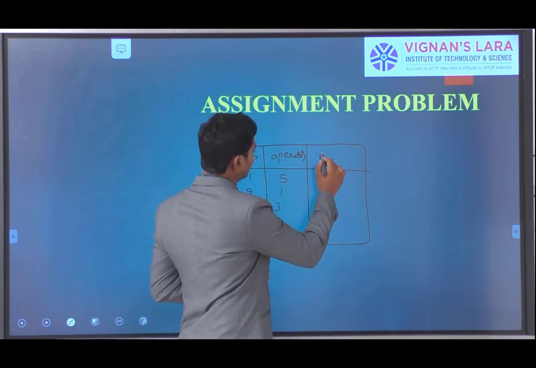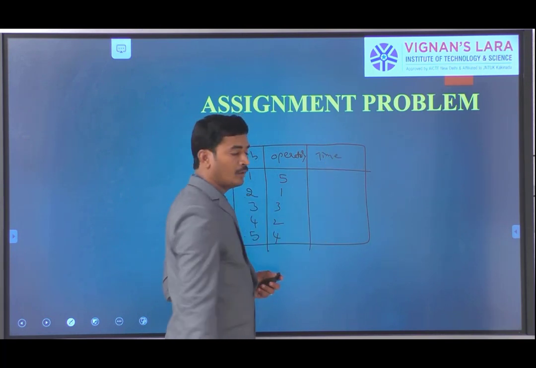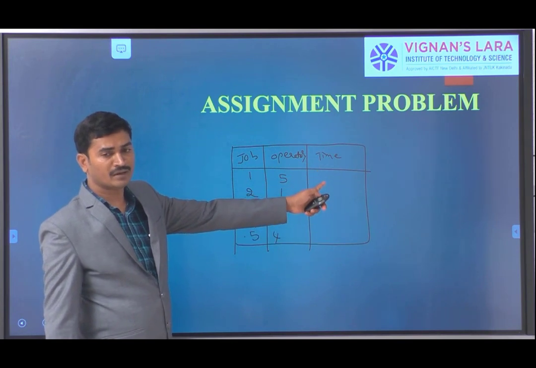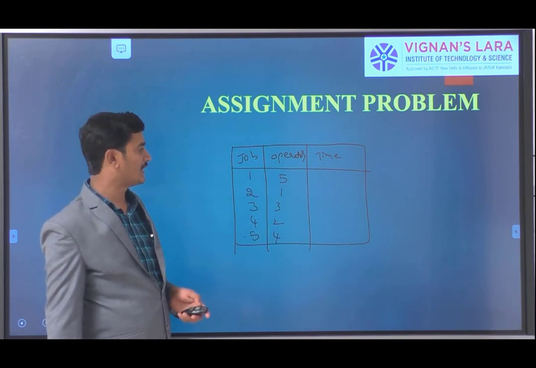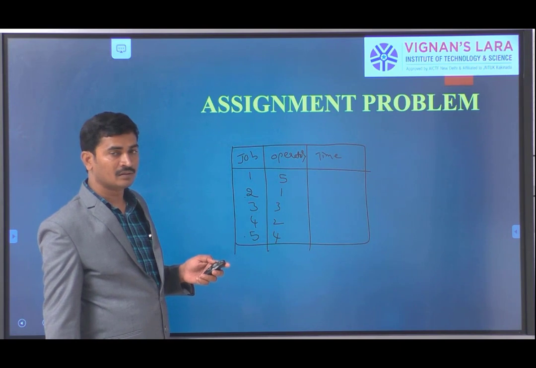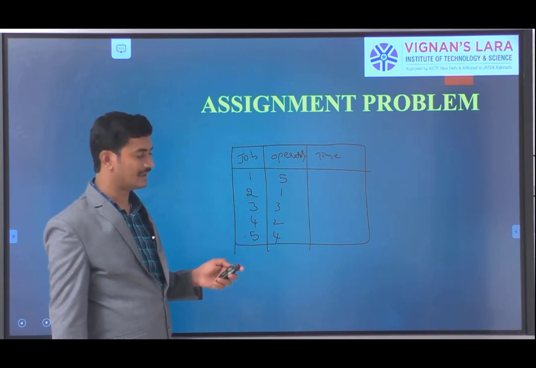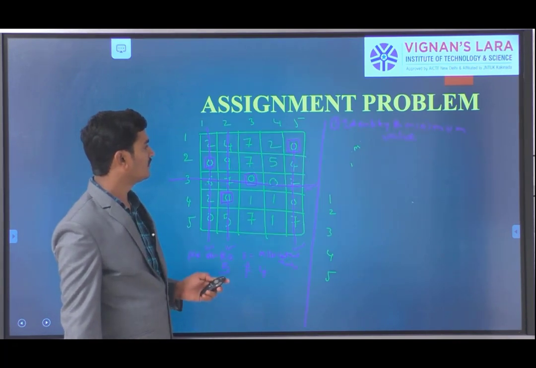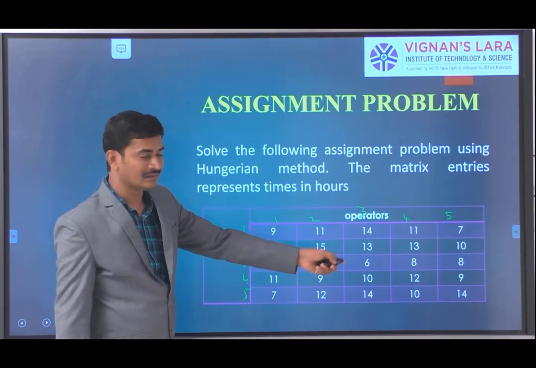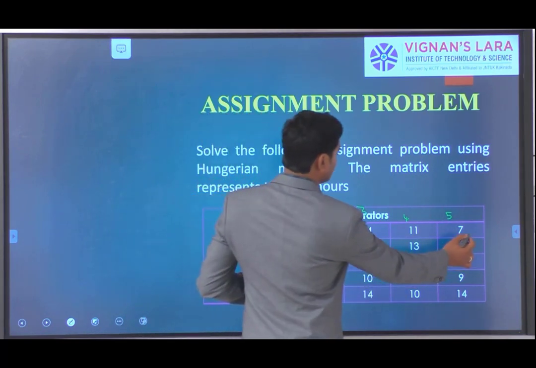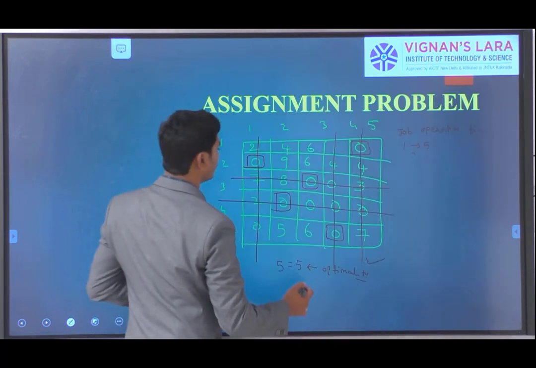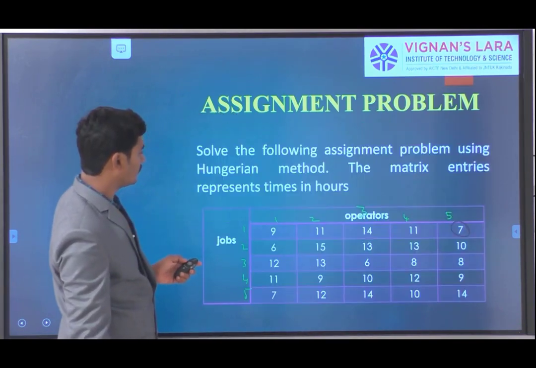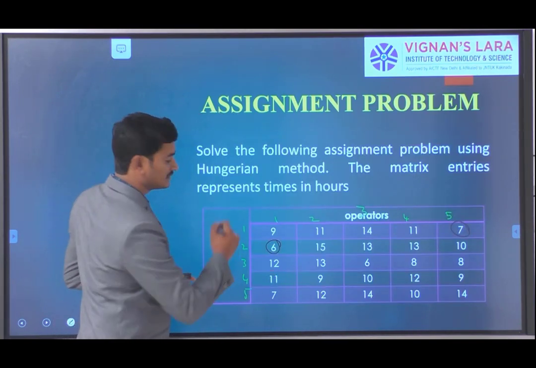Now we are going to take the time. How many hours they are going to work on the job? Time. This time we are taken from the initial table. It means the given table. The given data we are going to take these values. Here first into fifth operator. What is the value? Here we are going to take this table. First into fifth means 7. We are going to take 7 here. 7 hours. Next, come to the second one. 2 1. Here what is the 2 1? 6 is there.